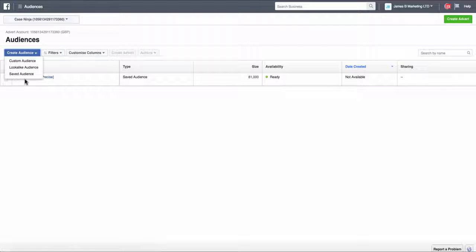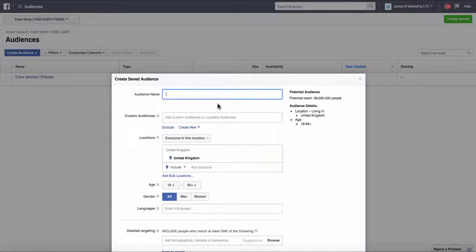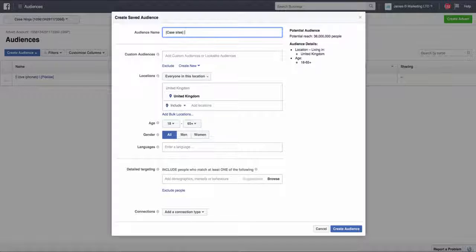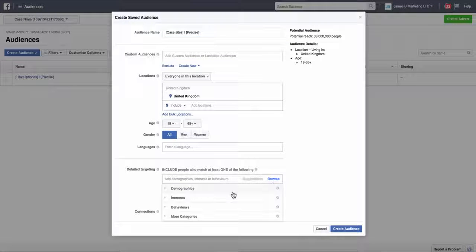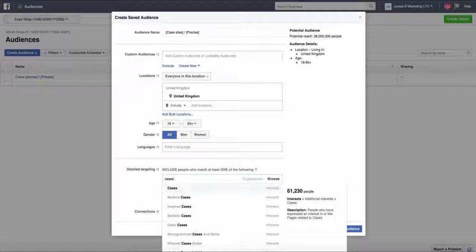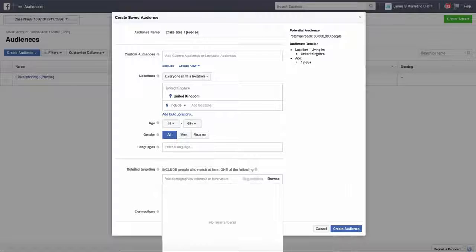Also gonna create another one now on them websites. So I'm gonna name this "case sites". We're gonna get it as precise again, but it's probably gonna be precise anyway, as these audiences aren't likely to be that big in the UK. So let's go for cases, phone cases,